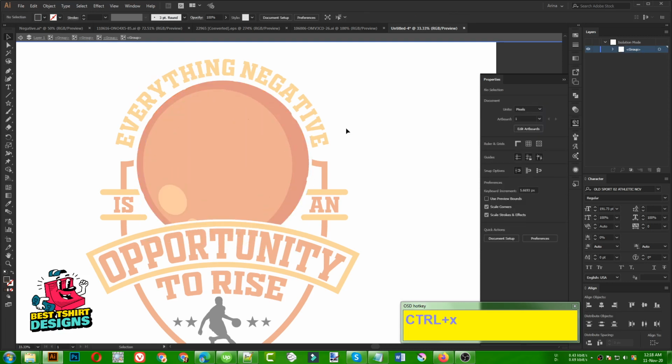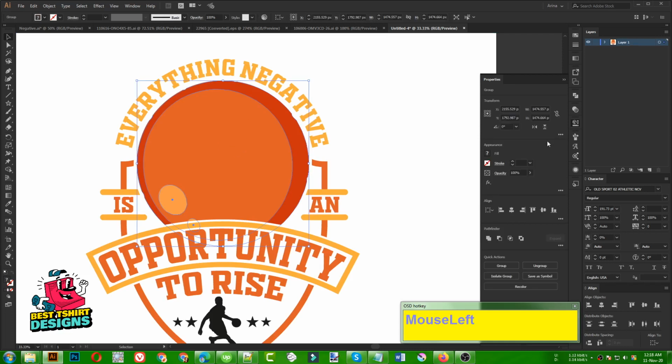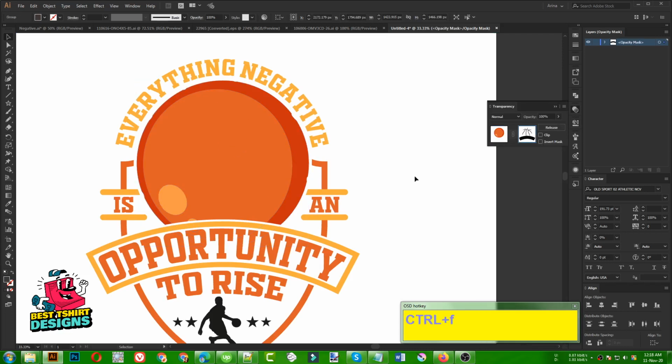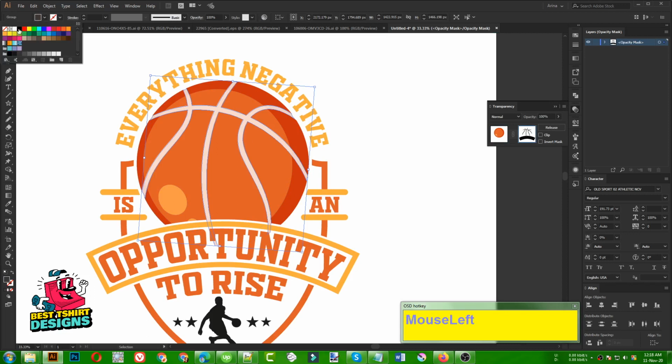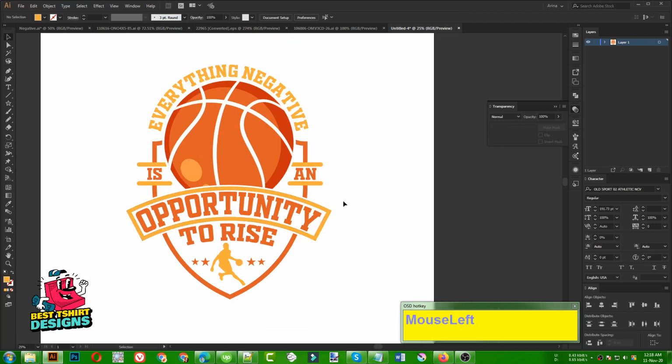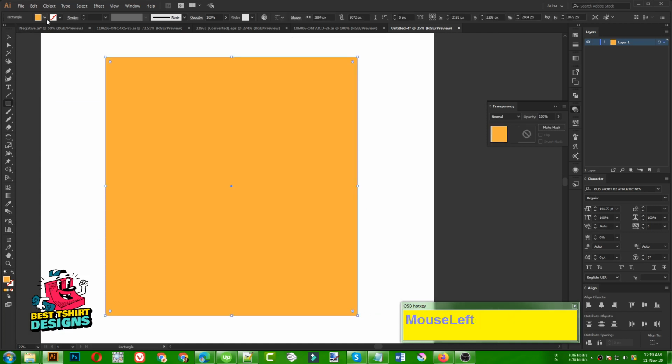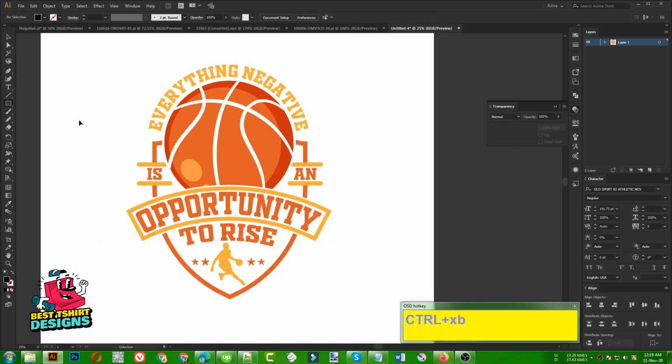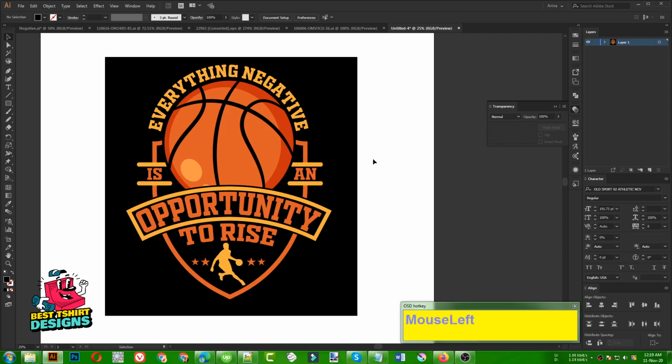I'm going to cut them. Now if I select this group here, I can open the transparency and press Ctrl F. It is going to paste it in the front like that. So now I don't have any black in my design. So I'm going to select these two, four of course, making them this star white. Okay, this orange, and then this one I'm going to make it yellow. So that is good. And now let's add a rectangle here, then cut, paste in back. It is going to look like this.